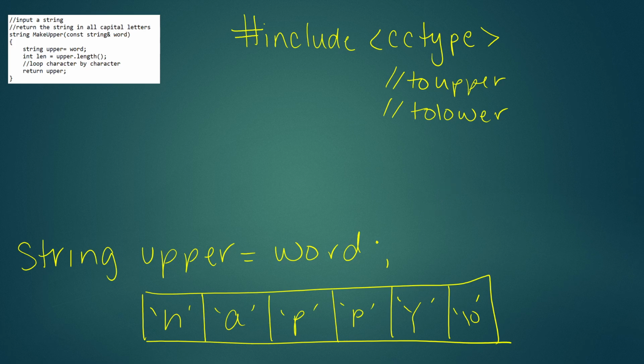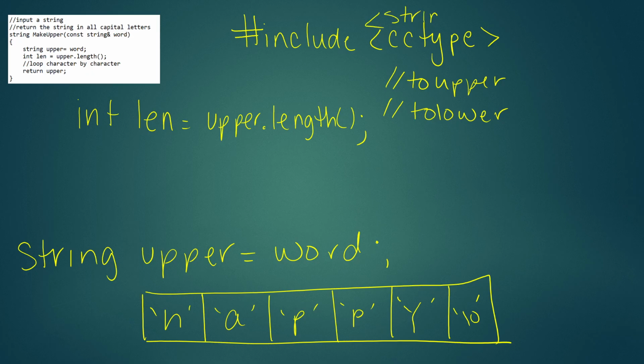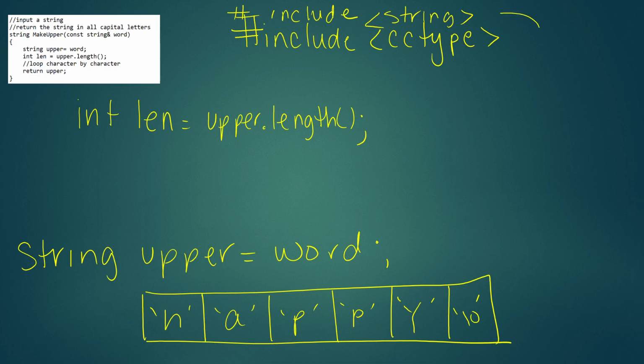So to get the length, you would just say int length equals upper dot length. This is part of string, so we also want to include string. Of course, you have to #include <string>. So we're using string and cctype. You need to do that. And if you're using string, you want to make sure that you do using namespace std. All right, so now I have the length, and all I need to do is loop through, start at the beginning,